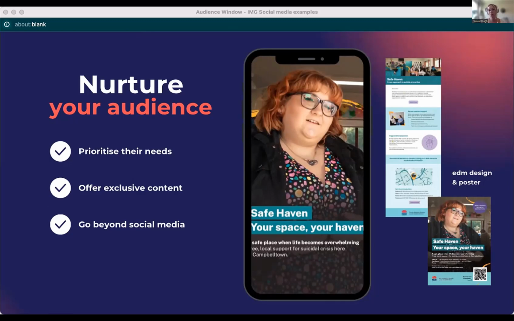So to reach their hard to reach audience, which is suicide prevention, we don't know who might commit suicide. It's not something that is public knowledge. It's not something that's obvious. We undertook extensive research. We did community consultation, with people with lived experience, people who had friends or family members who had experienced it, before we moved into the actual marketing phase.